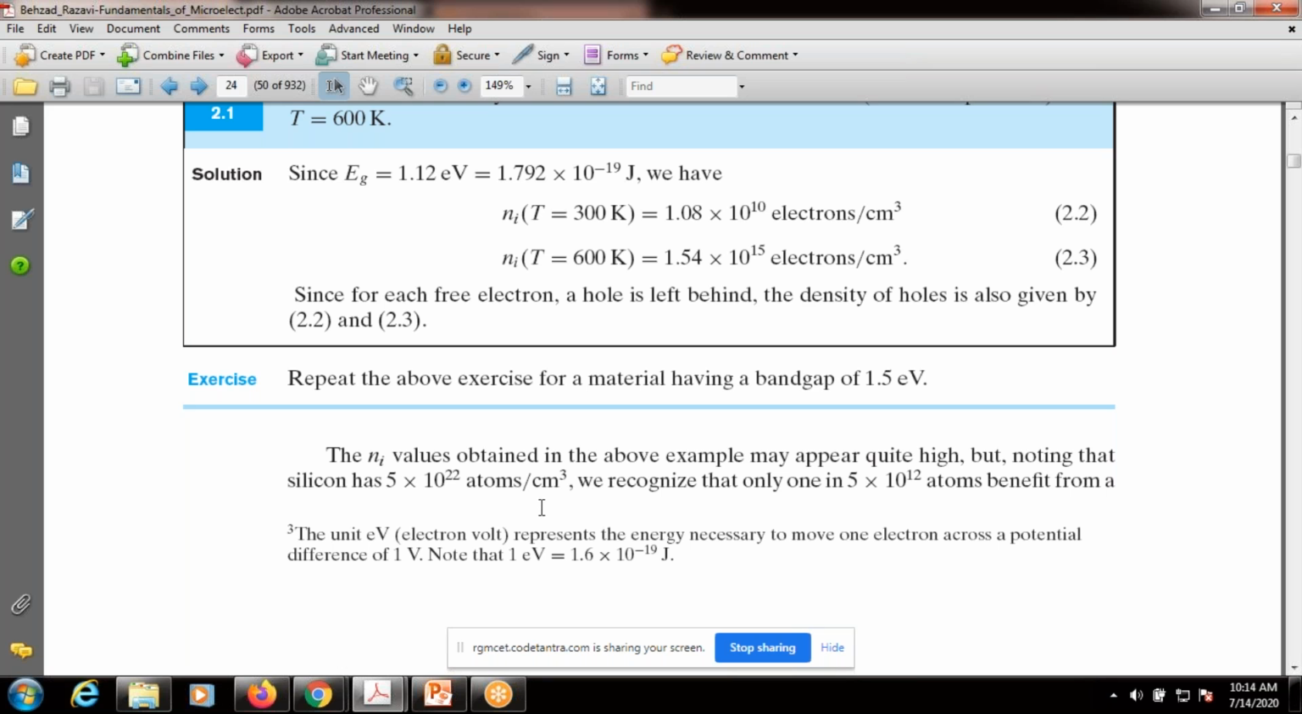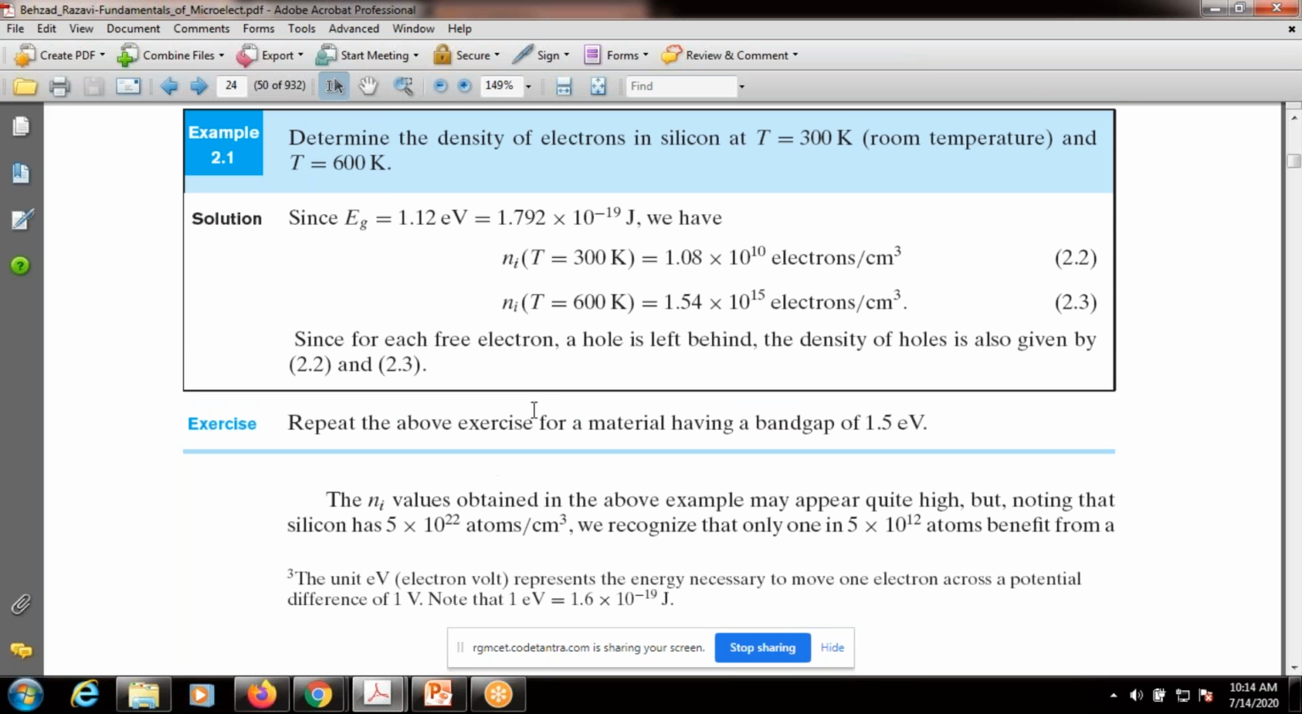Now, coming to the important observation: at room temperature, this much electrons, but available atoms per cubic centimeter? 5 into 10 power 22. Available atoms are a huge number, 5 into 10 power 22. So we recognize that only 1 in 5 into 10 power 12 atoms benefit from